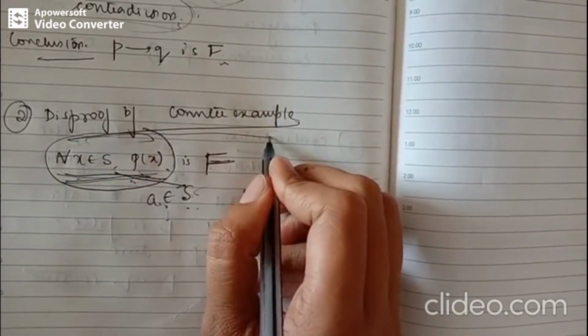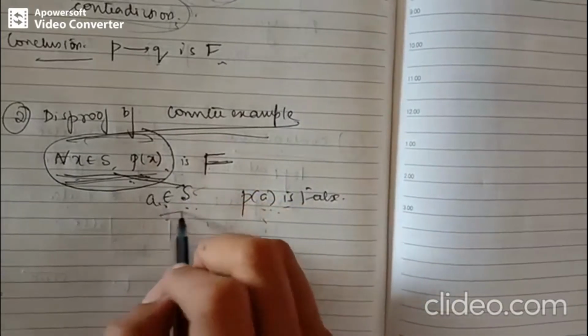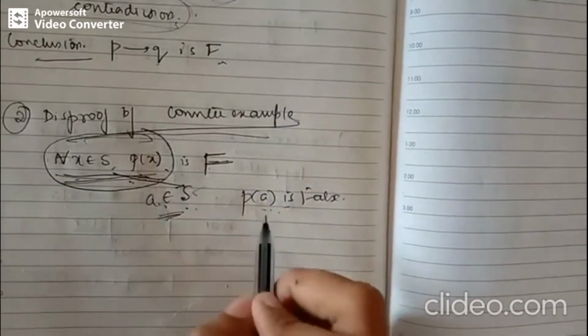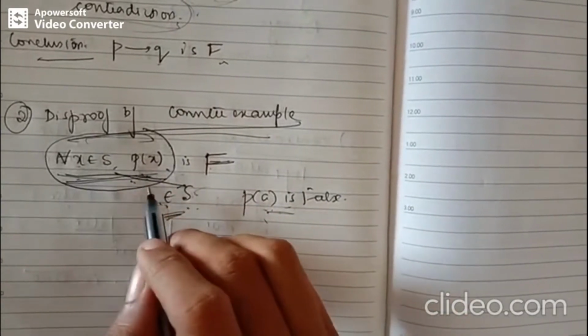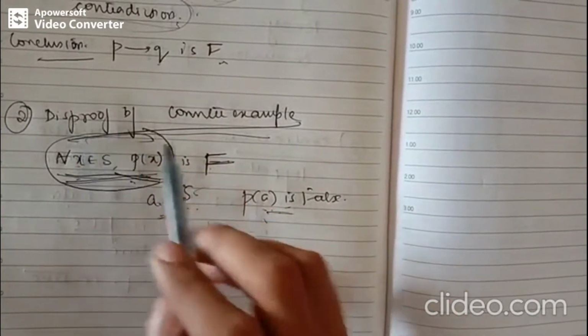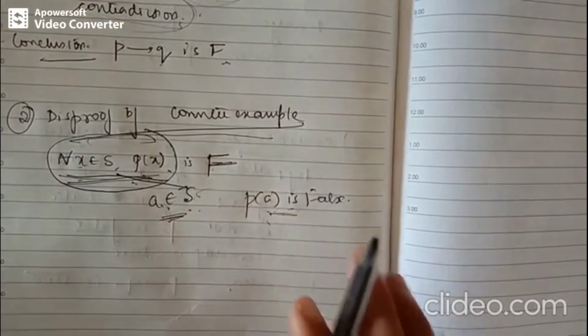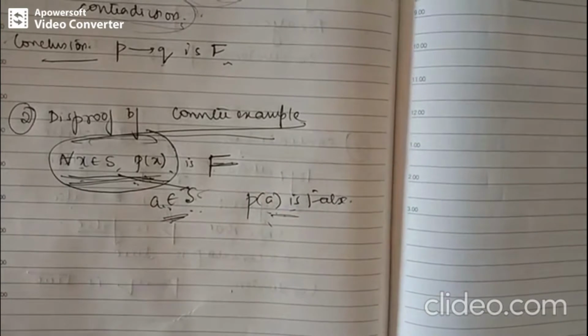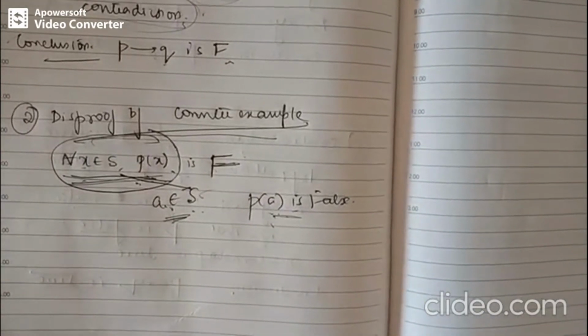So this is the best way of disproving a proposition, wherein we just exhibit one case where the proposition is false, thereby disproving the entire statement. So this is nothing but disproving by counter example. So these are all the methods of proof and methods of disproof. Next we will see some problems related to all these.